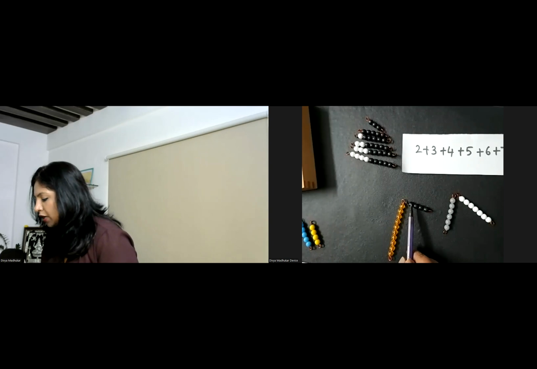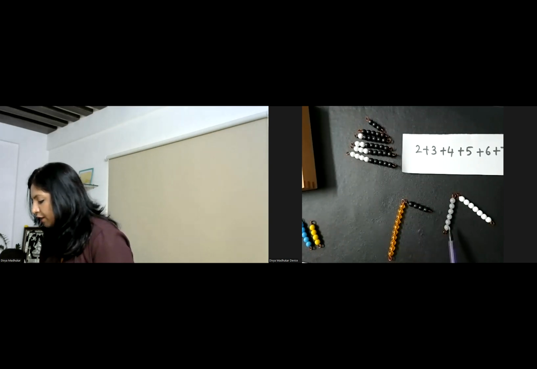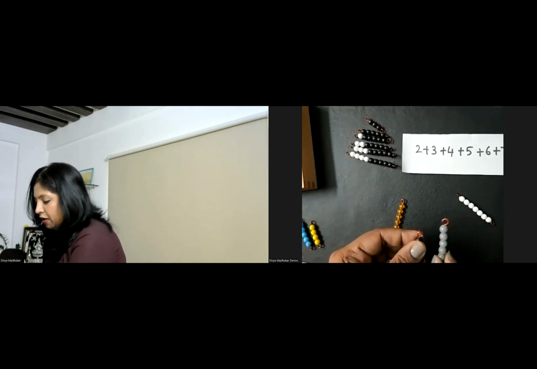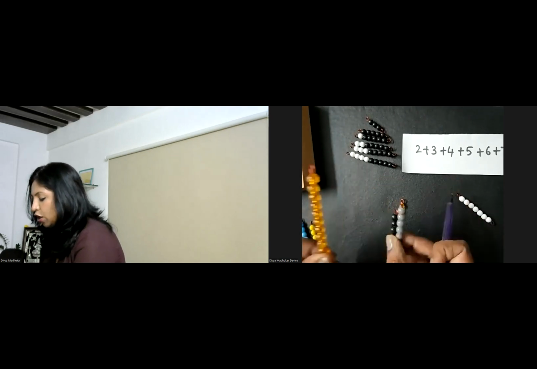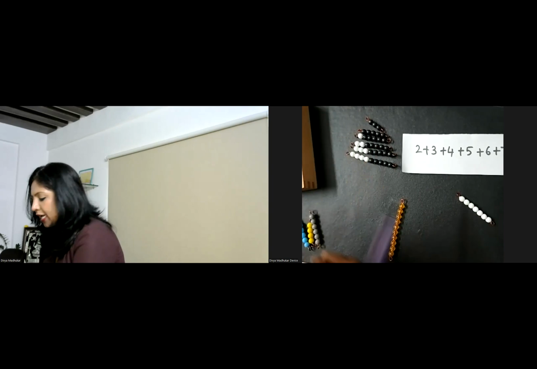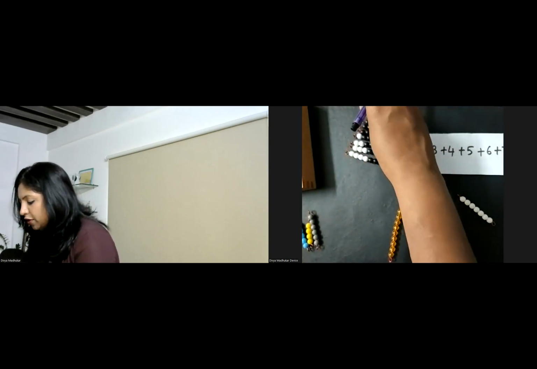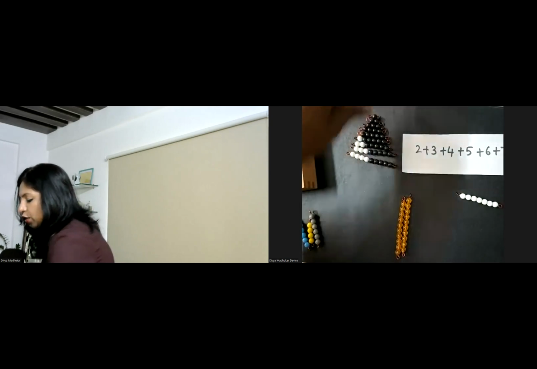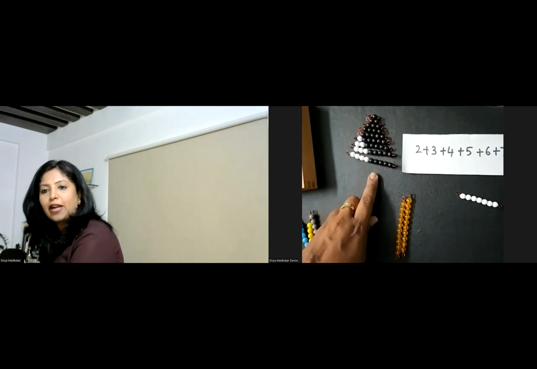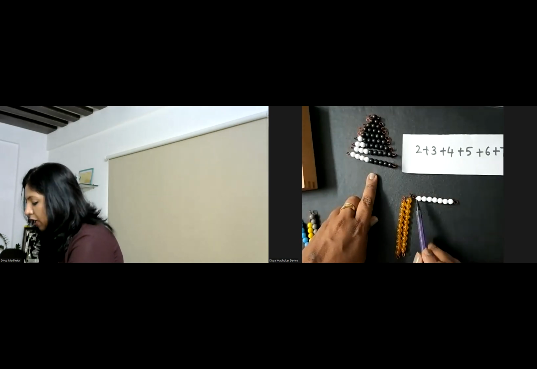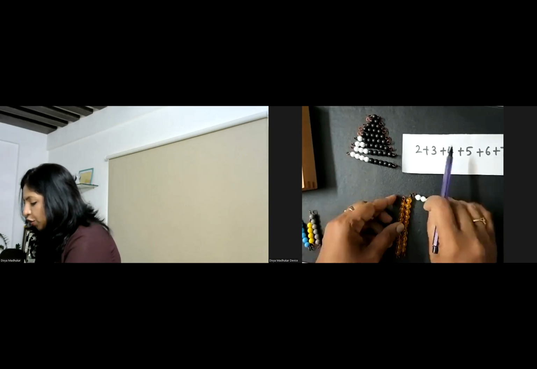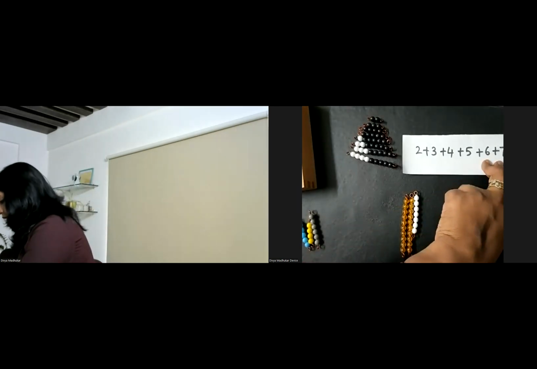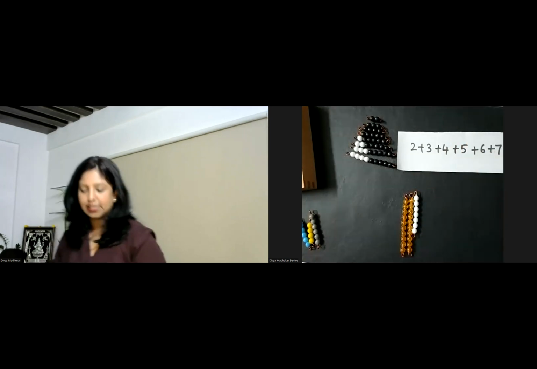Now I start counting. 1, 2, 3, 4, 5, 6, 7, 8, 9, 10. Both of them make a quantity of 10. But I cannot replace this. Only the colorful beads will go to the replacing. The black one will go to its position. So this is one rule that you will have to remember, that in your collection tray, you cannot keep this. This will have to go back to its position. Now count the remaining. It's 1, 2, 3, 4, 5, 6, 7. So your answer is 2 tens and 7 ones. So your answer is 27. 27 is your answer.